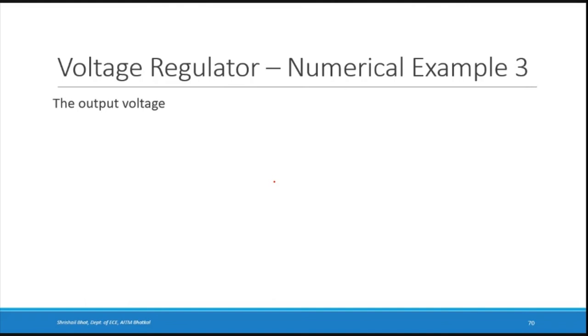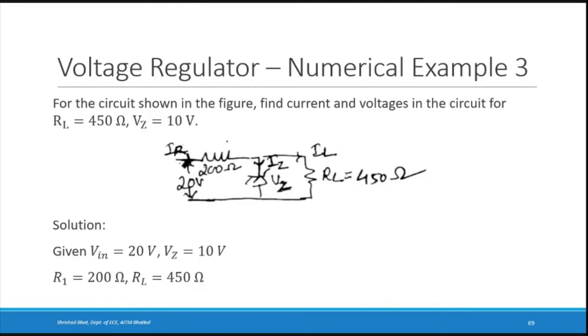Then the voltage across R1. How do you find the voltage across R1? The voltage across R1 is the voltage at this particular point minus the voltage at this particular point, right? It is the voltage drop. So here, what is the voltage? It is 20 volts. The input voltage is 20 volts. And here, what is the voltage? Voltage across Vz, that is 10 volts. So the voltage across resistance R1 is Vin minus Vz, or Vin minus V0. They are one and the same. So that is actually 20 minus 10. That is equal to 10 volts.